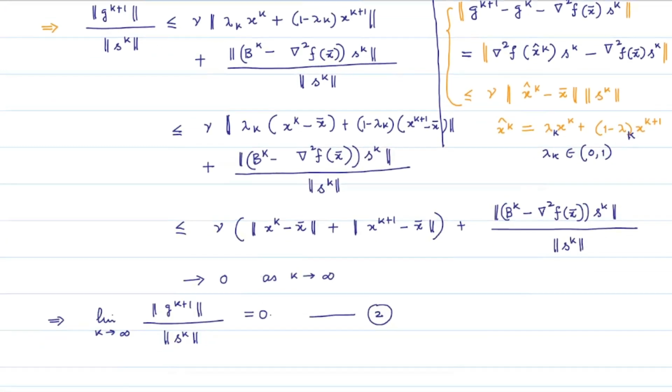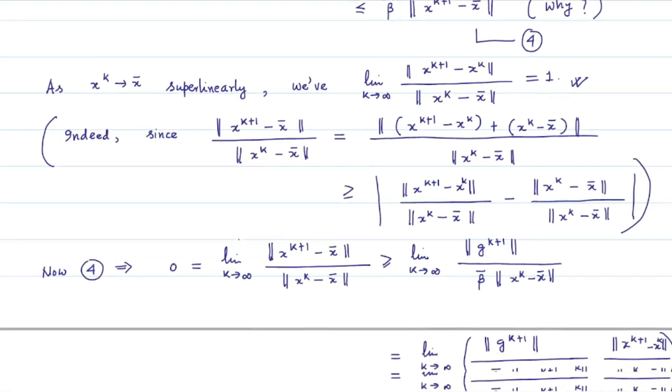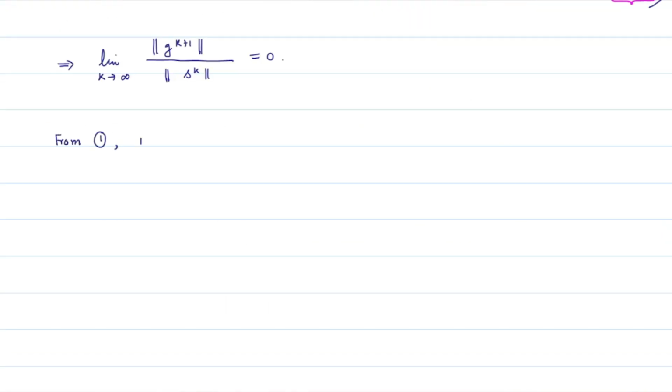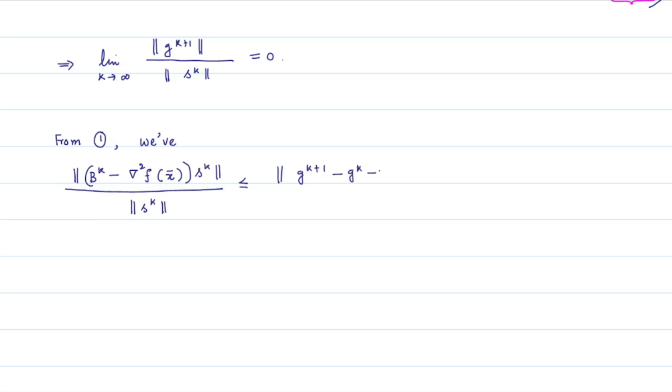So from this 1 we have that the norm of B_k minus the Hessian at x bar times s_k divided by the norm of s_k is less than or equal to the norm of this expression divided by the norm of s_k plus norm of g_{k+1} divided by norm of s_k,